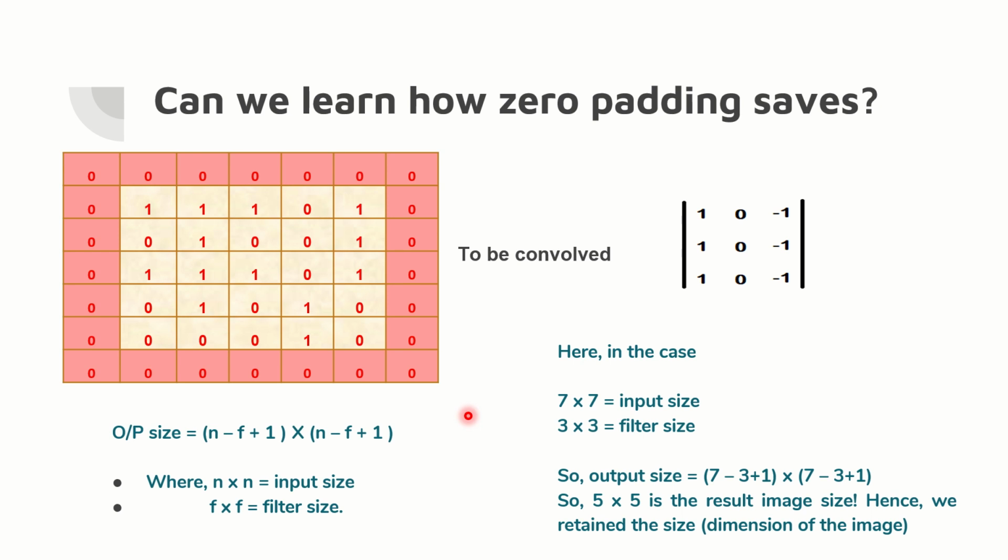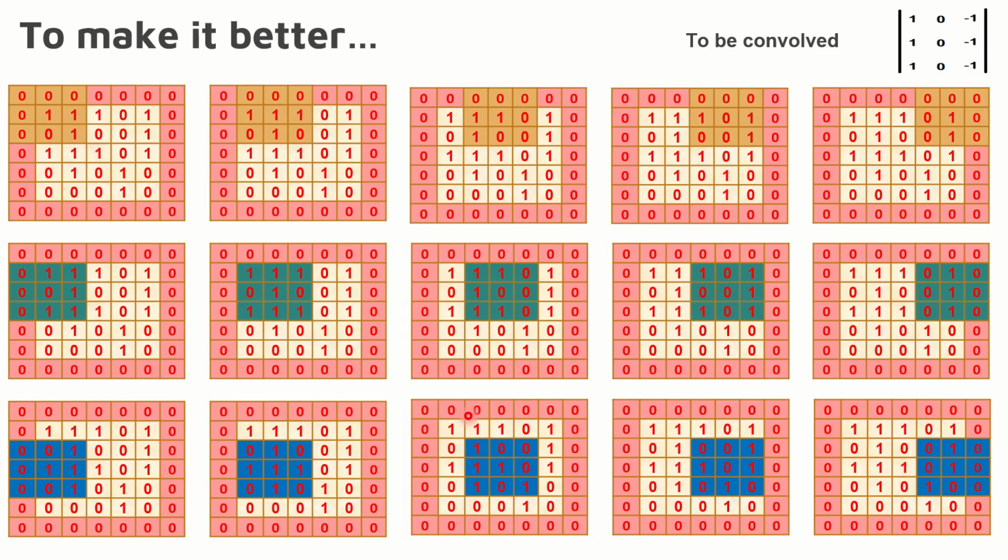So I was able to maintain the dimensions properly when I went with the zero padding. That's the core concept. I did a zero padding and I made sure that the dimensions are not tampered. Now how does it work? Very simple. I padded 0 in all the corners, all the borders, and it will start with here. I made it very simple.